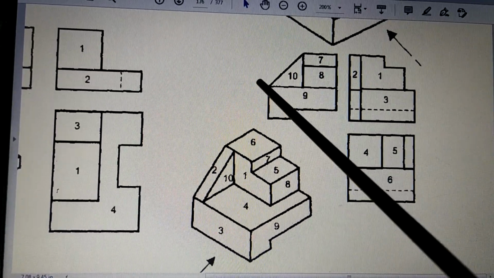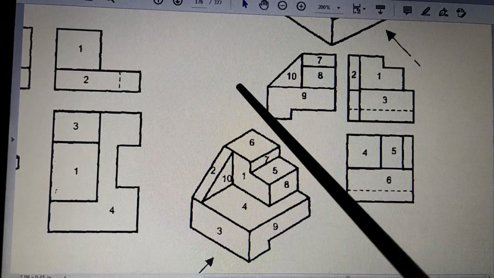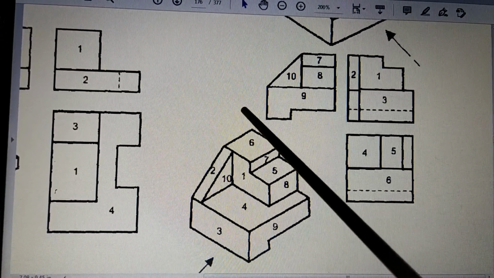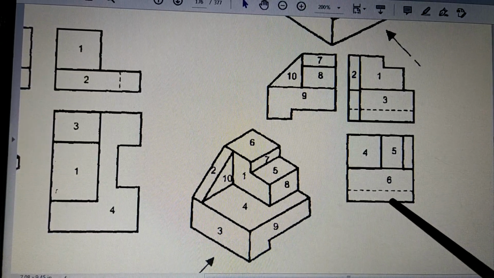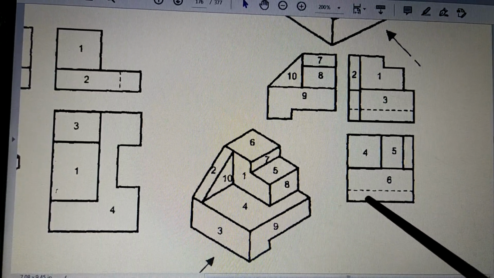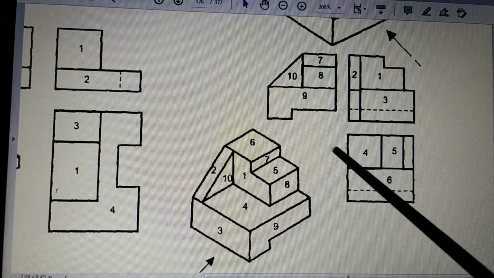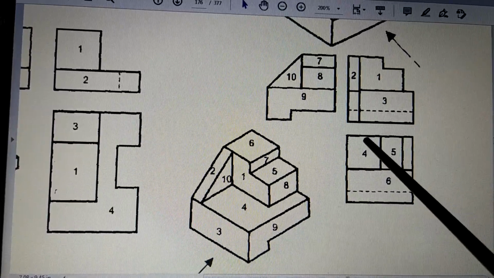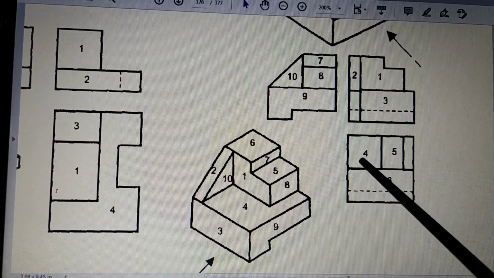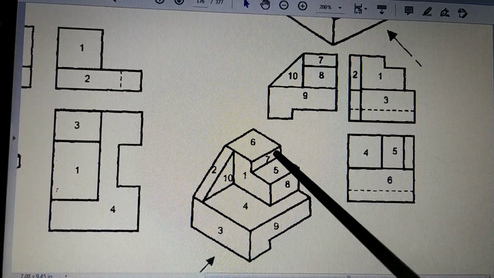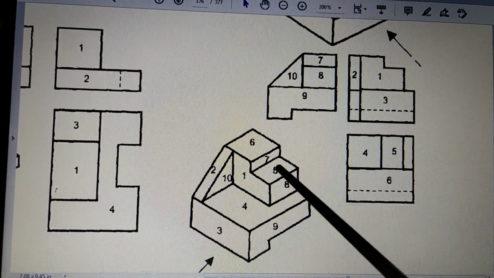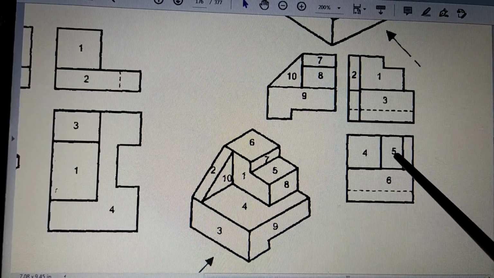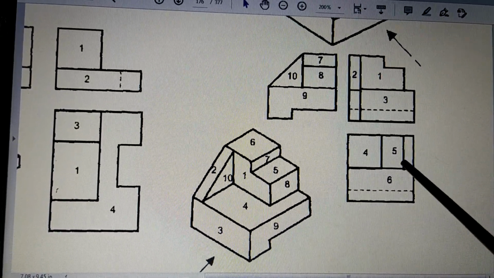Now let's see how it is seen from above, from the top. So when you go to the top and look down, what surfaces will you see? Now you will see this figure as the top surface. Again there are a lot of mistakes. You can see here at the corner there is surface number 6, but they have shown it as 4. This is 6. Okay, remember this 6. After 6 there is 5. 7 is a line, so this line is 7. Then you will see 5. So this is 5. After that 5, what else? There is 8. Now this line is 8.